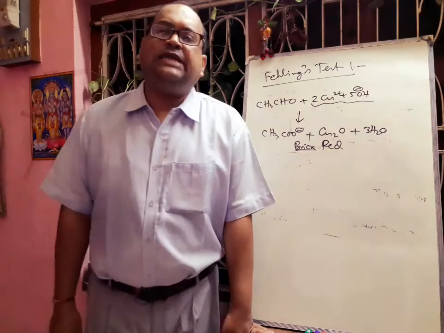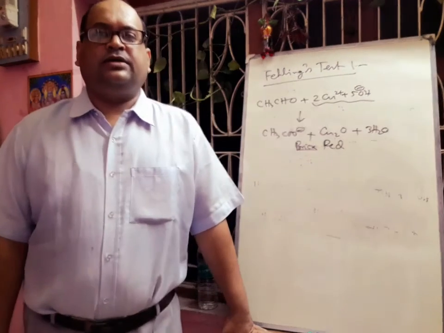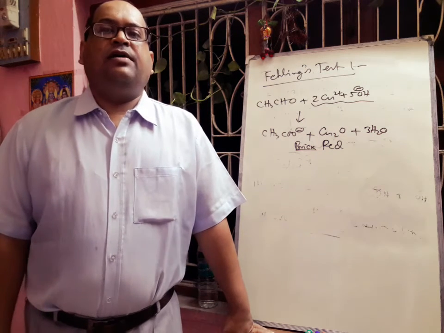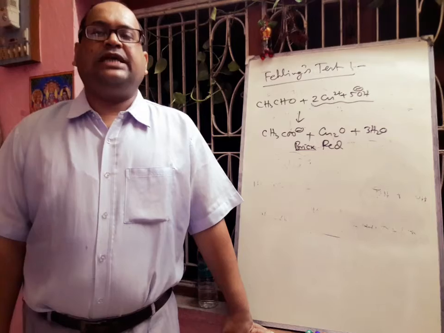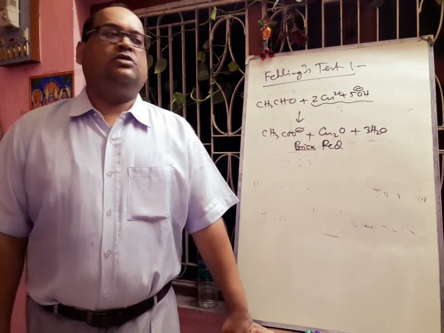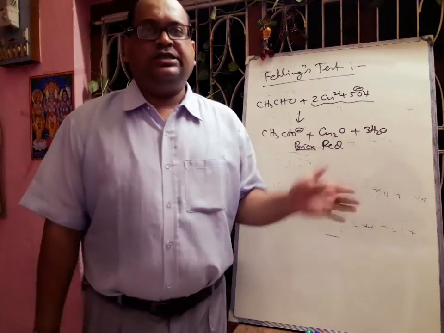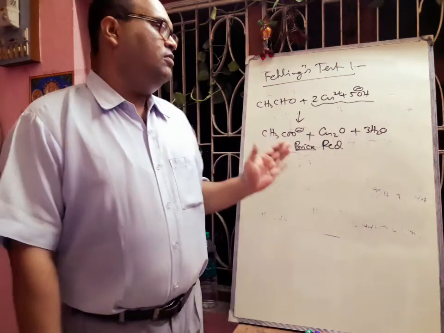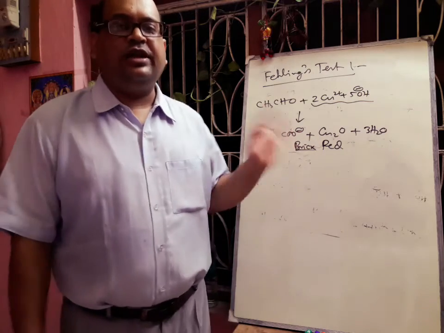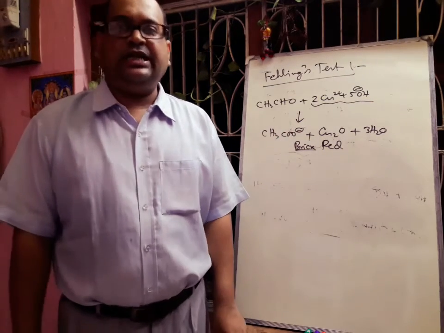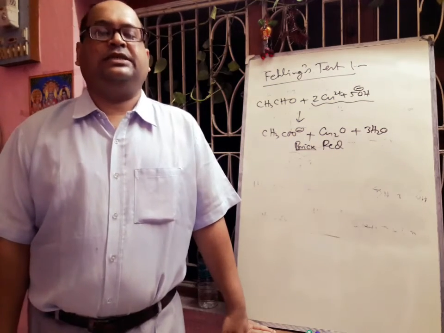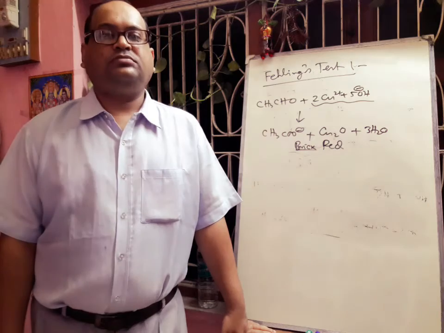Now this Fehling solution and Benedict solution are very weak oxidizing agents. These can oxidize only aliphatic aldehydes but are not capable of oxidizing aromatic aldehydes such as benzaldehyde. So Fehling's solution or Benedict solution only respond to aliphatic aldehydes. Aromatic aldehydes will not respond to this test. That you have to remember. And alpha hydroxy ketones also give a positive Tollens and Fehling's test. That also you have to keep in mind.